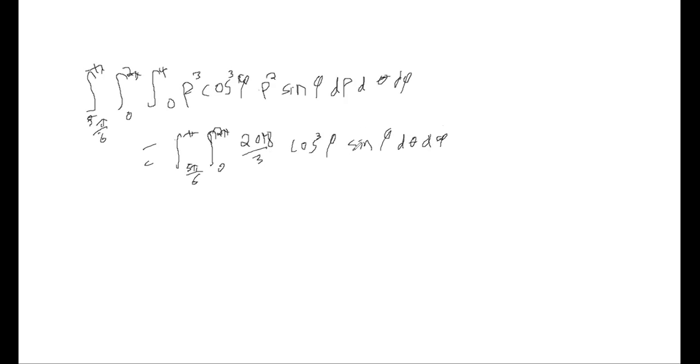And now again, it's not really a problem to integrate with respect to theta. That's very, very easy. There's no theta here, so it just becomes all this times theta evaluated from 0 to 2 pi. At this point, I'm going to pull the constant out. It's just 2048 over 3 times 2 pi. So we're back to 4096, and that's just going to be 4096 pi over 3